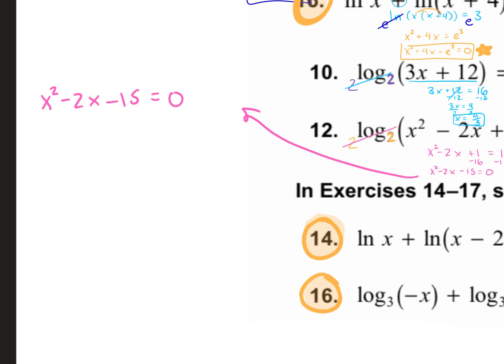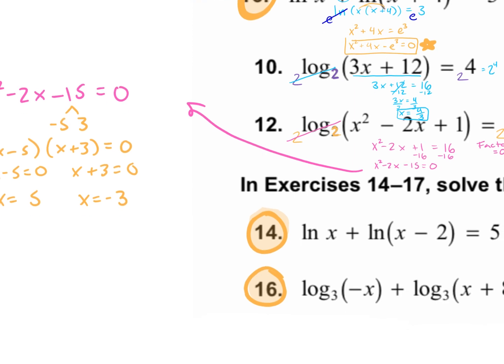All right. Do we have two factors of negative 15 that add to negative 2? Negative 5 and 3. Perfect. So x minus 5 and x plus 3 is equal to 0. Awesome. Set them both equal to 0. So x is equal to 5 and x is equal to negative 3. When I get two answers, what do I have to do? Check your work. So we have to check them by plugging them into the x's in the original equation